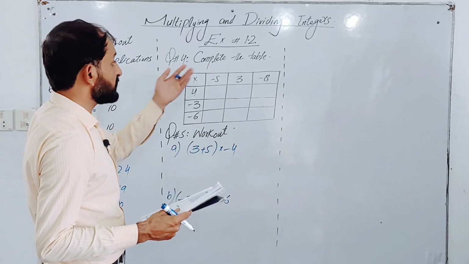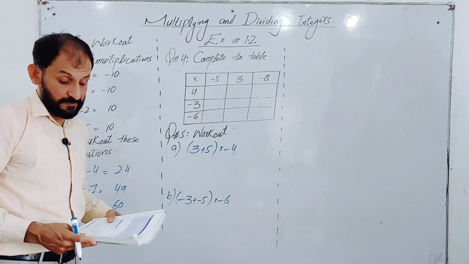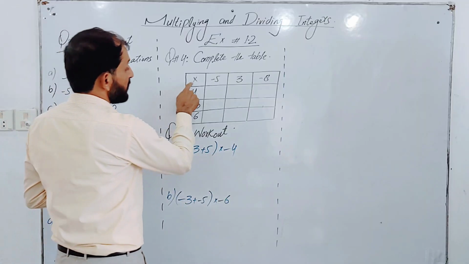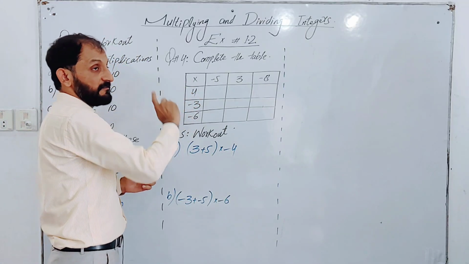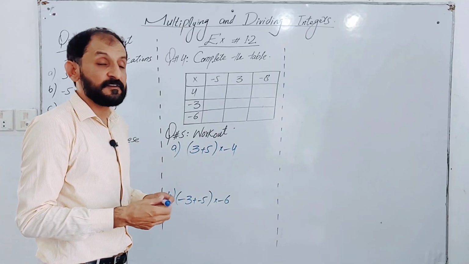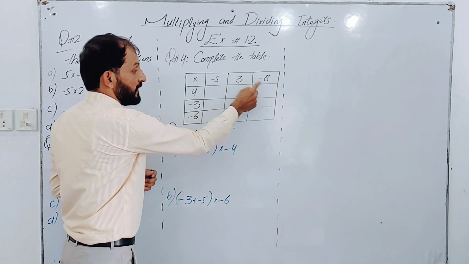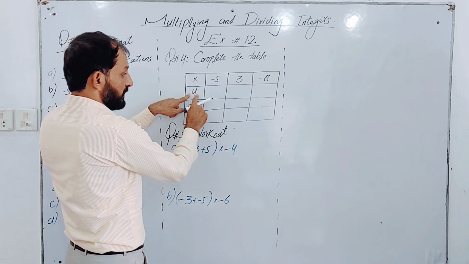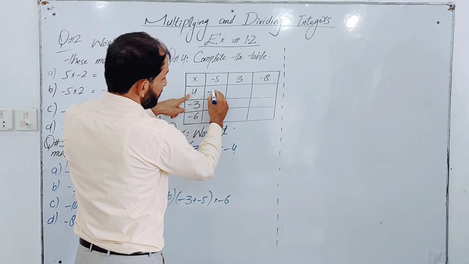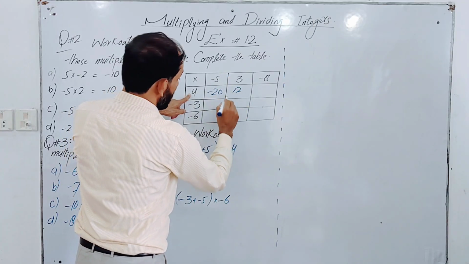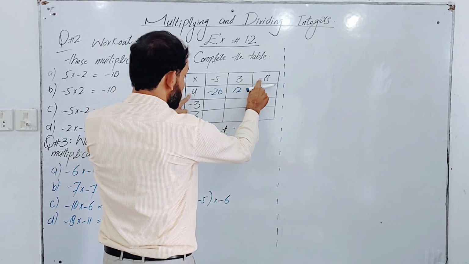Now the question number 4 is complete the table, multiplication table. A table is given, we have to just complete the table. As you can see, the binary operation is given in the form of multiplication. Here they can give you plus also, it means we have to add all the values. If a multiplication sign is given, fix this number. 4 multiplied by minus 5, minus 20, 4 multiplied by 3, 12, 4 multiplied by minus 8,